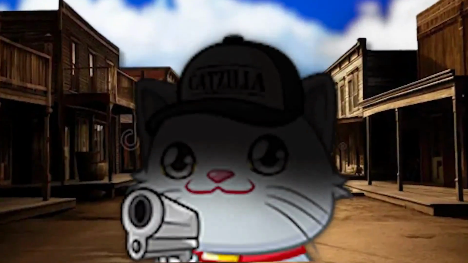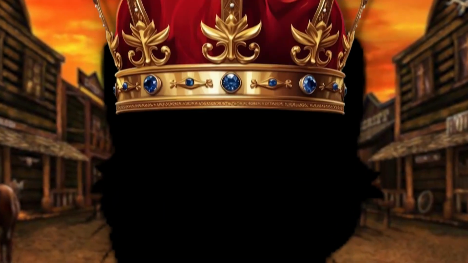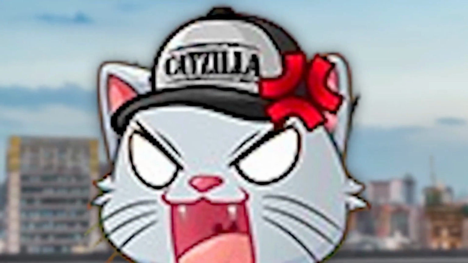In a city full of chaos and a tangled web of streets lives a furry feline king, the coolest cat you'll ever meet. He's got muscles like a lion, a strut that's straight up mean, with a swagger